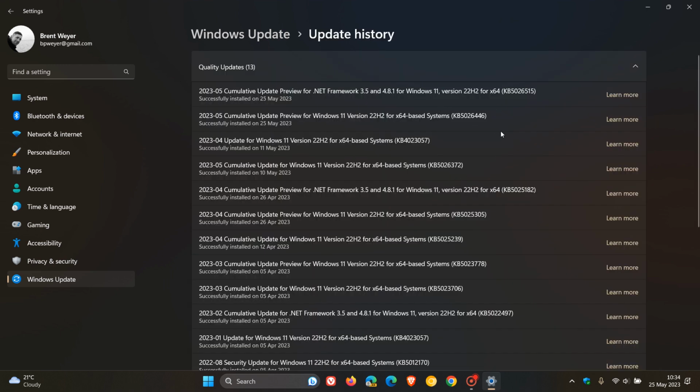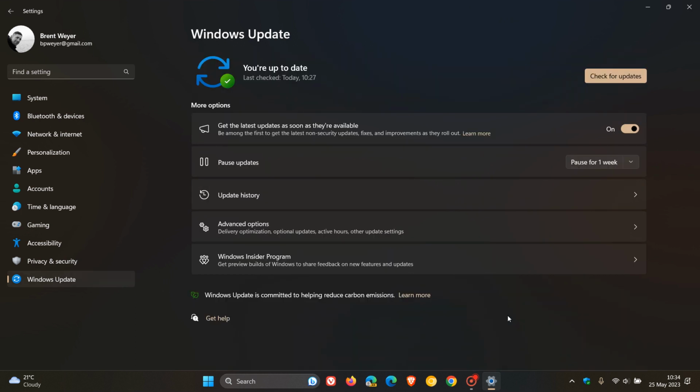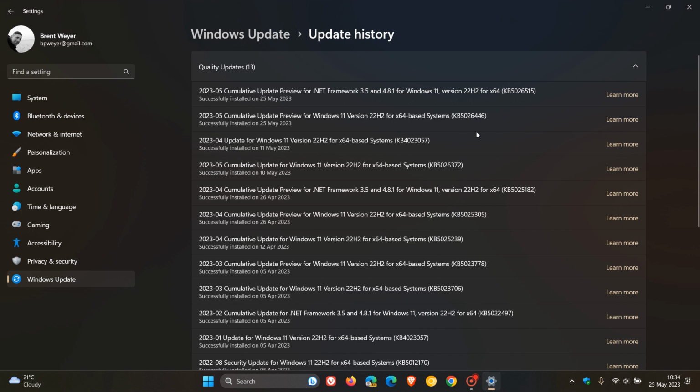KB5026446. Now, one or two things just to take note of is that to get the new features that are rolling out, the third wave of new features that are rolling out with Moment 3, you need to have this setting turned on. Get the latest updates as soon as they're available, and then check for updates. Because if you don't have this setting turned on, all that will happen is you will only receive the update,